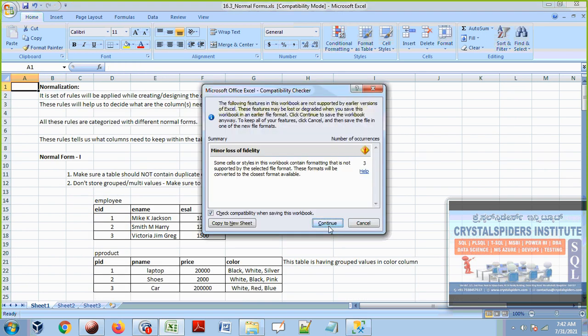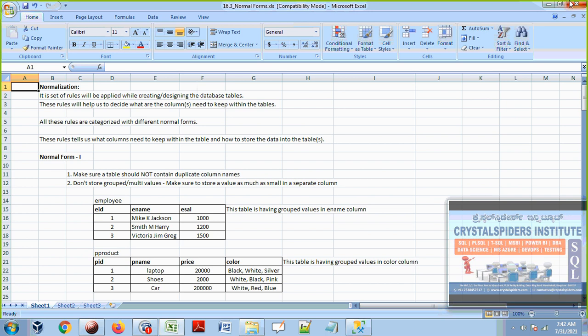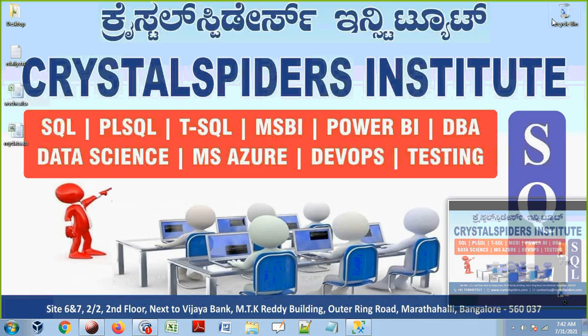In the next session we are going to discuss relationships. What is the meaning of relationships? How can we provide relationships among the tables? Between two tables, how do we understand the relationships? And also among multiple tables, how do we understand the relationships? That's the data dependencies, and we'll see that in the next session, that is on Monday.